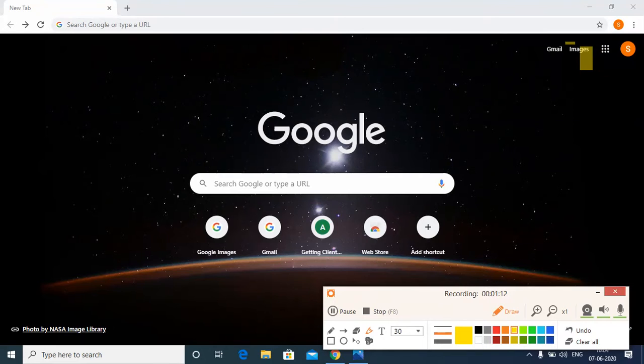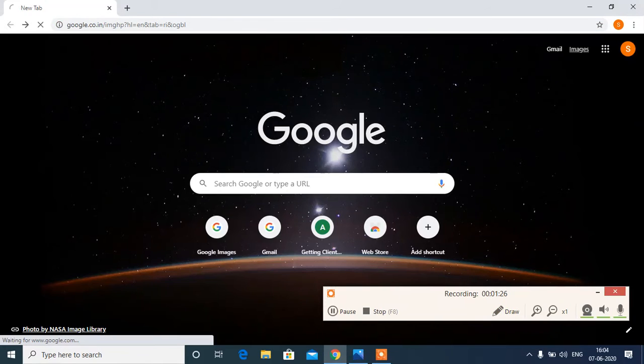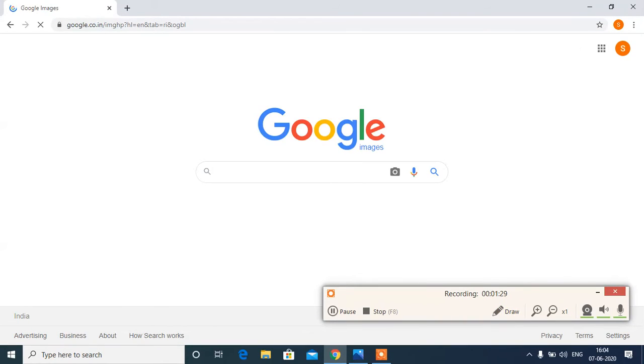Look here, Images. So, I have to click on Images. I just click on Images. Google Images is open now.